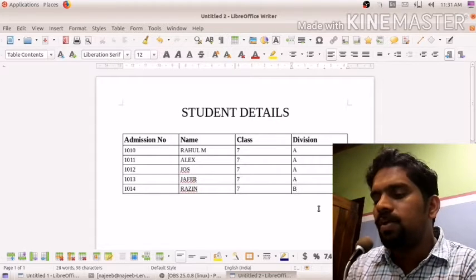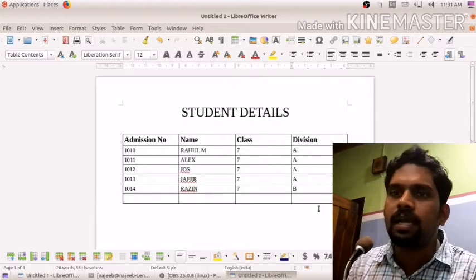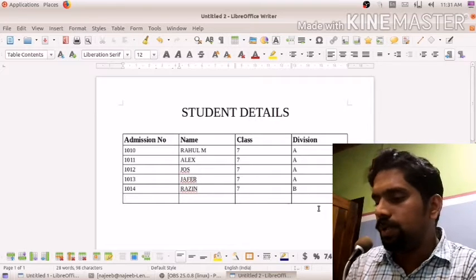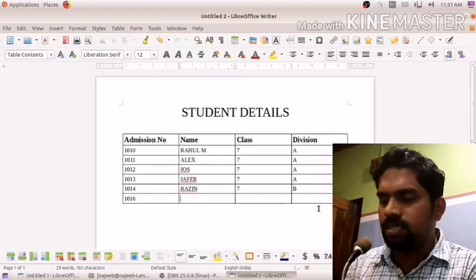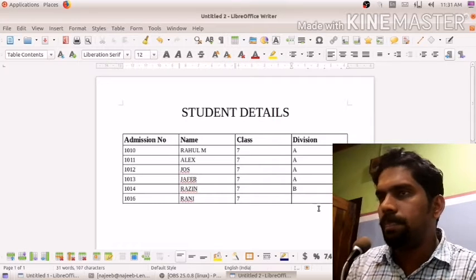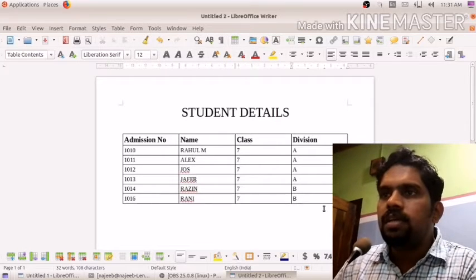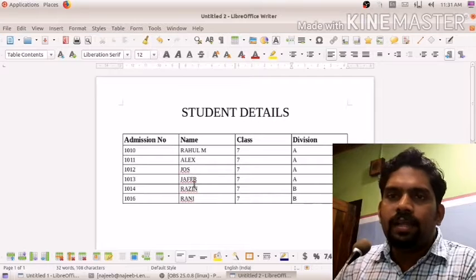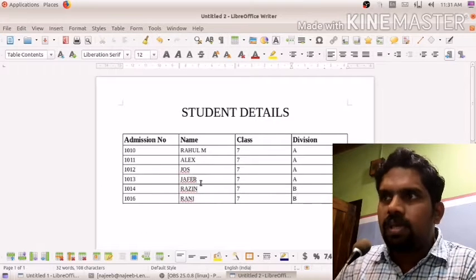On the left side of the keyboard there is a tab key. Just click on the tab, a new row will be displayed. I am just writing here 1016, Rani 7th B. Now we added a new row at last.